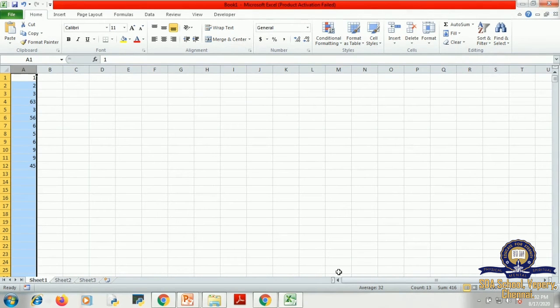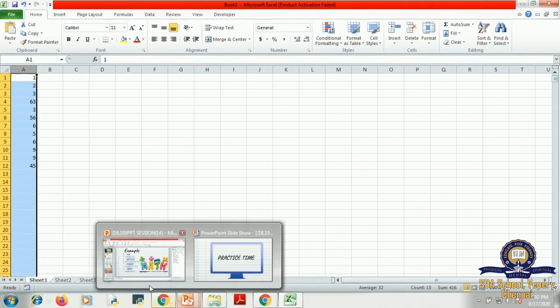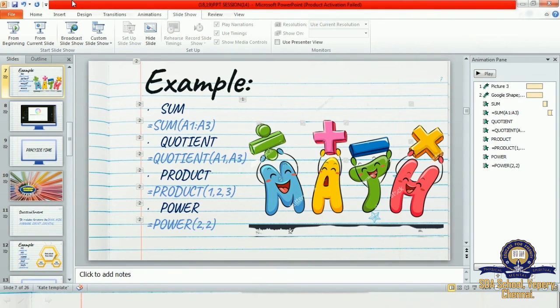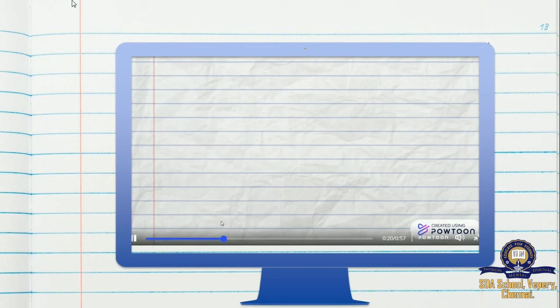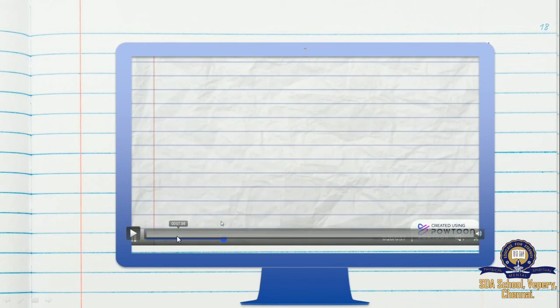Okay, children, today we saw all these options. First option is mathematical function, second is statistical function, and thirdly we saw AutoSum. Okay, let's have a small recap.